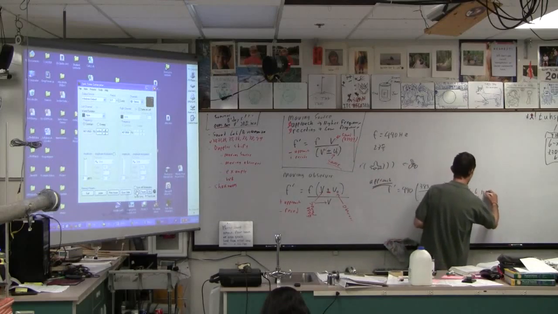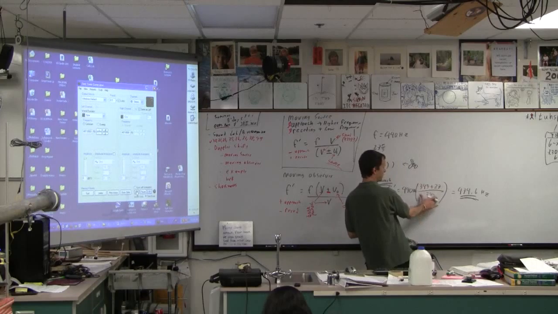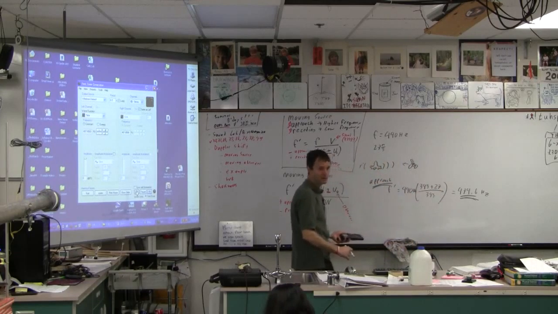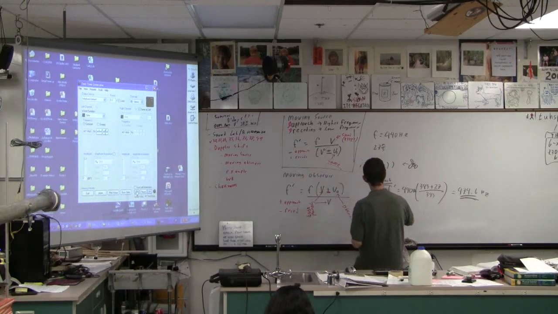Sorry. And it gets its units from this, right? Because this is a dimensionless ratio of velocities, right? It's all meters per second, right? Okay. And then receding, the receding